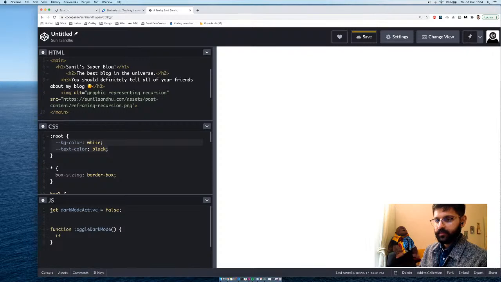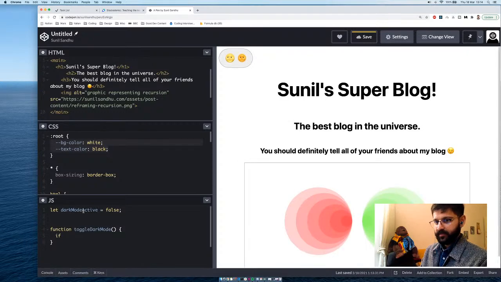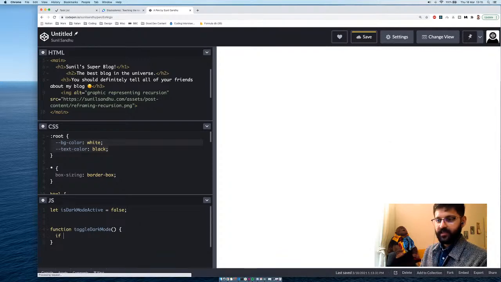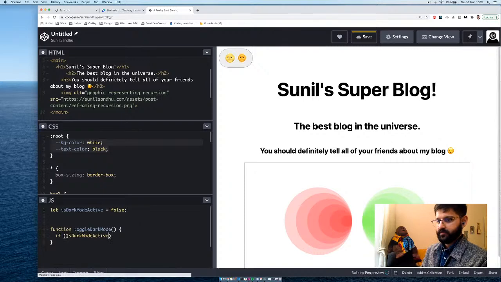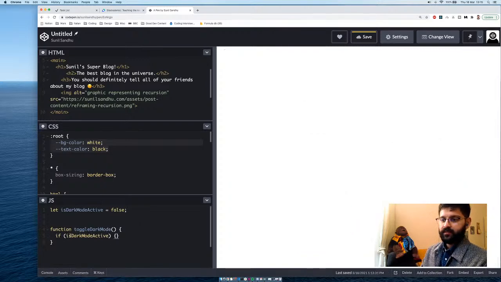So in fact, let's rename this because I don't like that name. Is dark mode active? Okay, so if isDarkModeActive, then what we are going to do is,